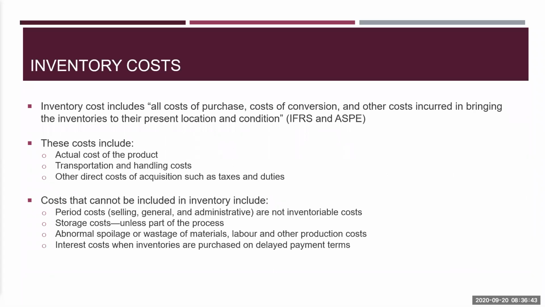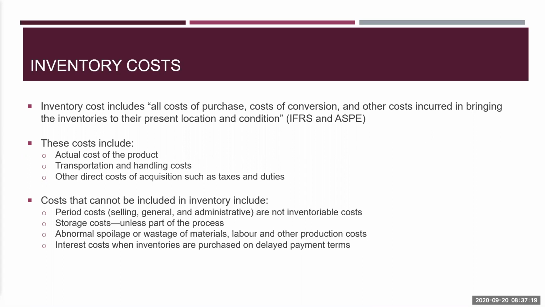So when we talk about the cost of inventory, what really makes up the cost of inventory? What goes into that number? That is all the cost of purchase, the cost of conversion, and any other cost the business has incurred in order to bring the inventory to present location or to present condition, to a sellable condition. So under IFRS and ASPE, that concept remains the same. So any cost that the business has incurred in order to bring that inventory to present location and sellable condition